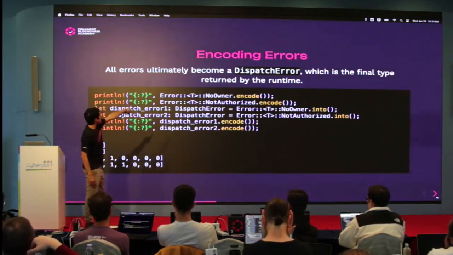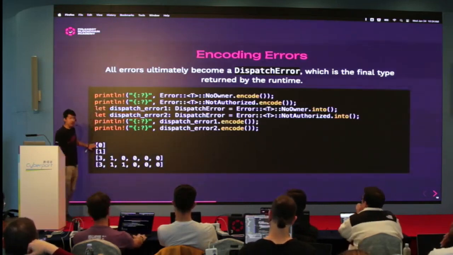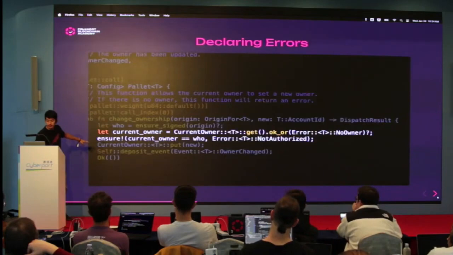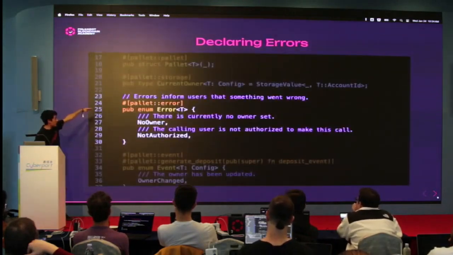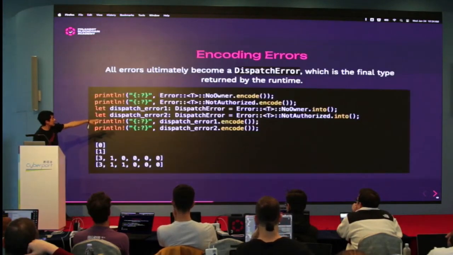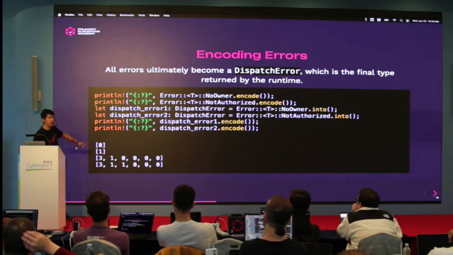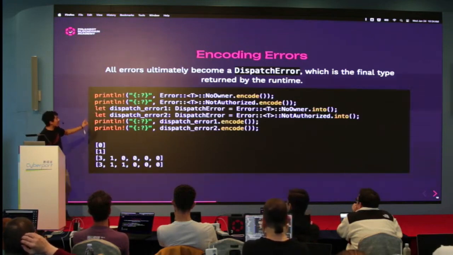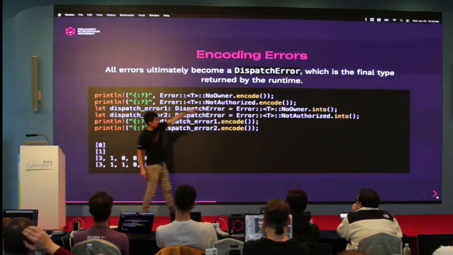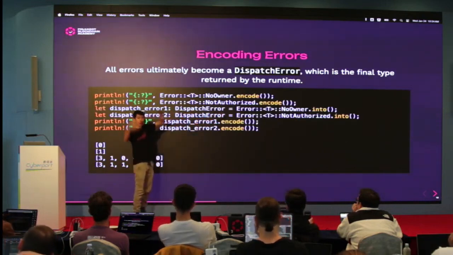So we start with just an error, no owner, encode, right? This is the first variant. Let's go back, sorry, here. There's variant 1, variant 2, right? So the first item in the most raw case encodes to 0. This second item encodes to 1, right? But then if we go into our palette error type, into the dispatch error type, which has all these variants in it,